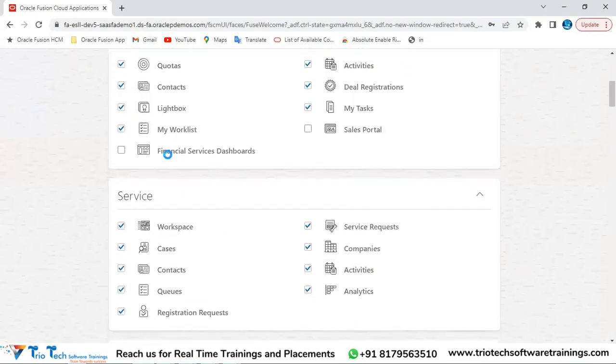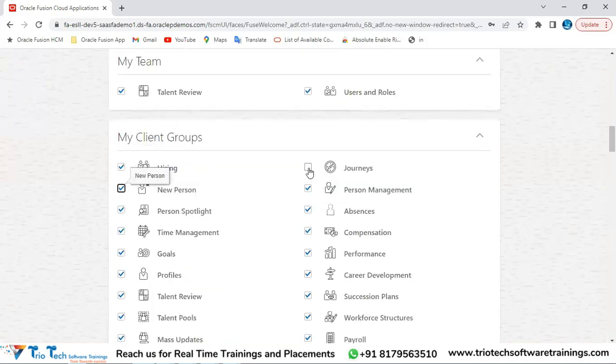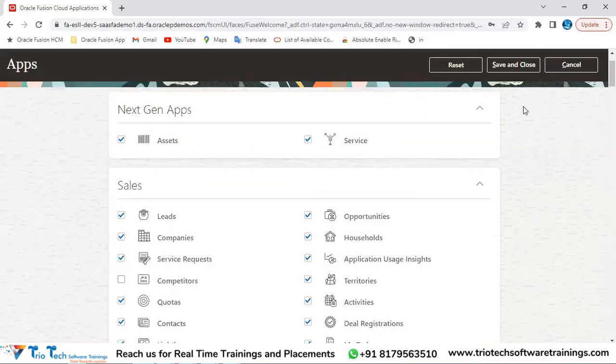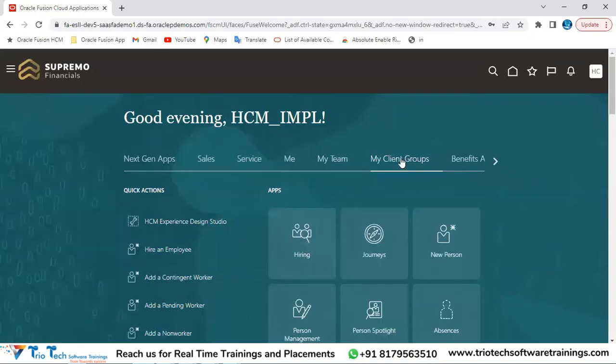Come to my client groups. Okay. Then hiring, new person, journeys. Then click on save and close. Like this, team. Now they are back. See, under my client groups, hiring, journeys, and new person. If you want to personalize your Springboard, you can do that, team. And then